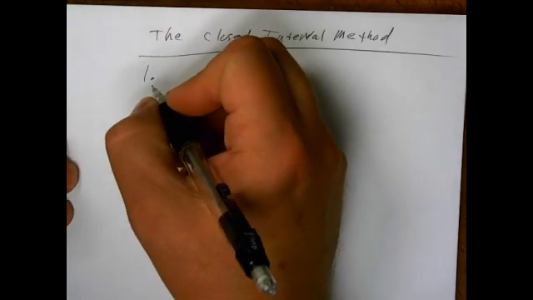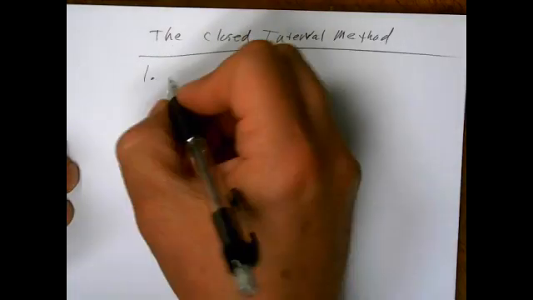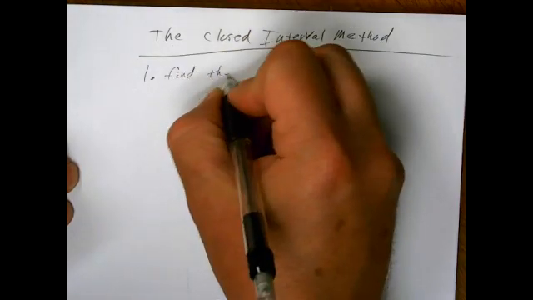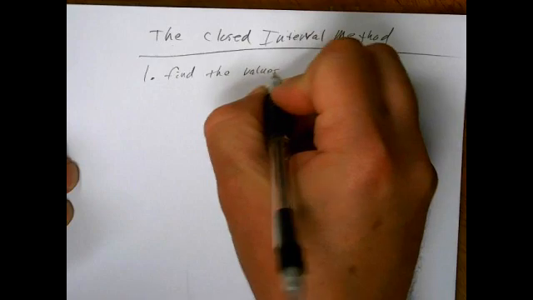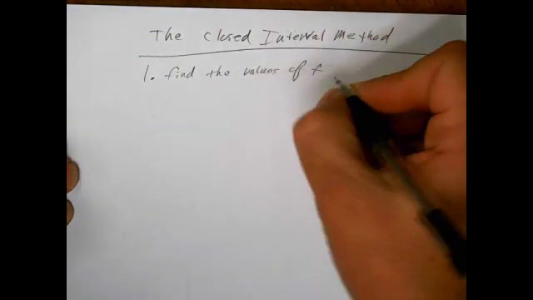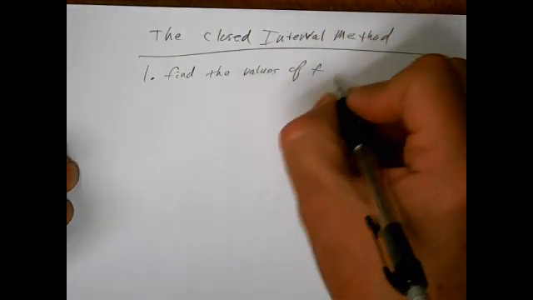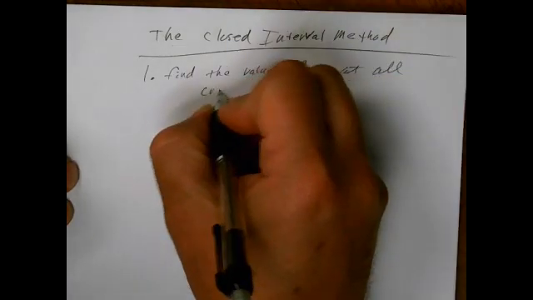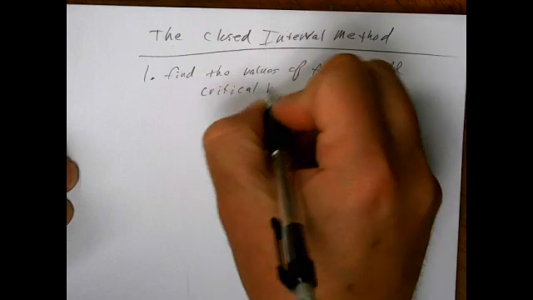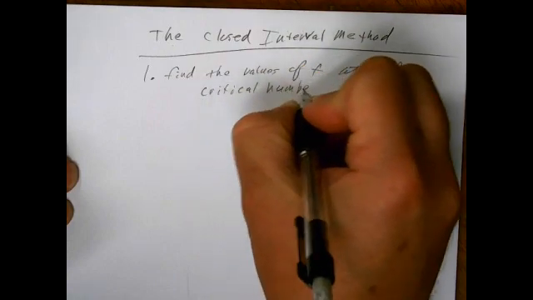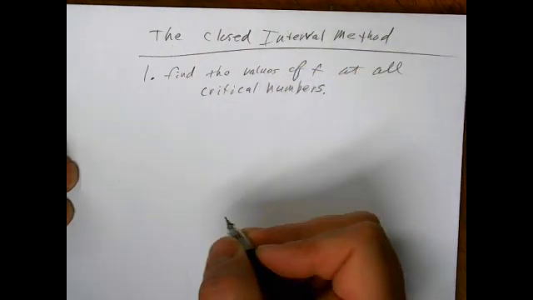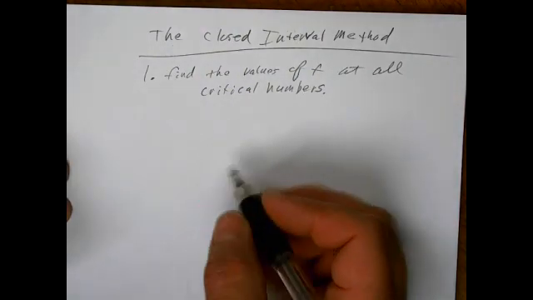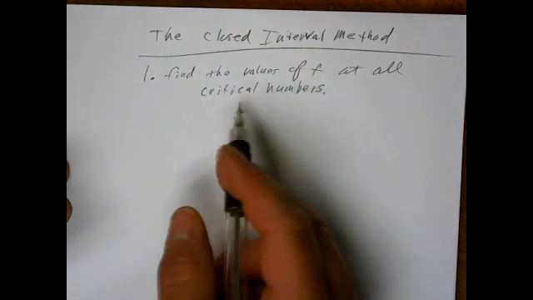Number 1, find the values of f at all critical numbers. All right, you want to evaluate f at all critical numbers. And of course, as you find these critical numbers, they're going to generally be numbers that